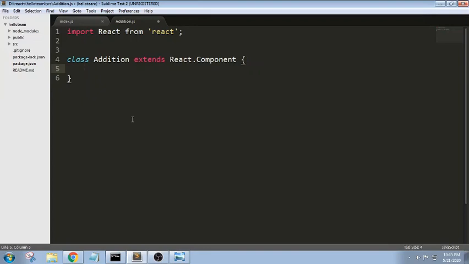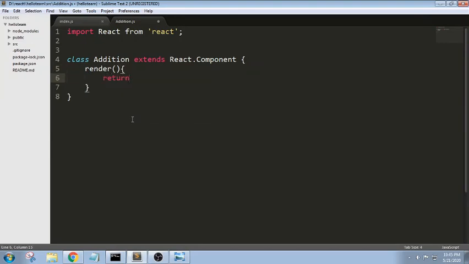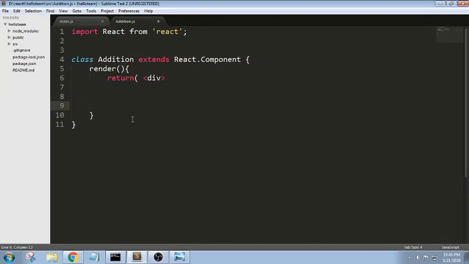In this we will take a render method. In this render method, we will take a return statement. If you have multiple lines, we will enclose them in parentheses followed by a div. I am taking a div here.